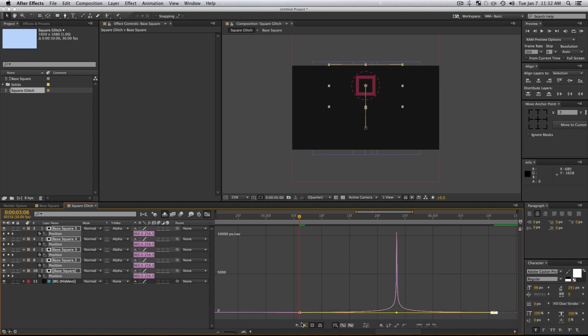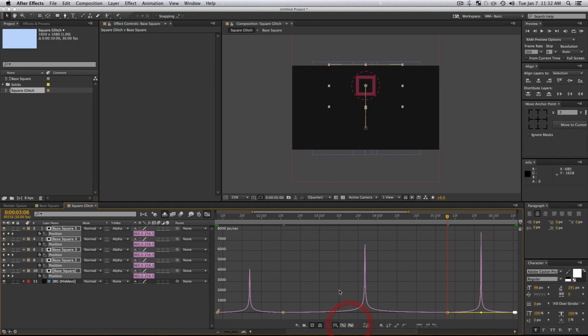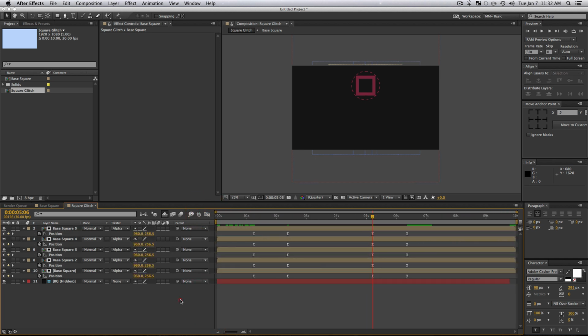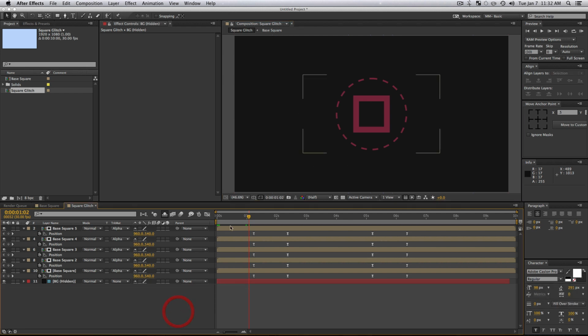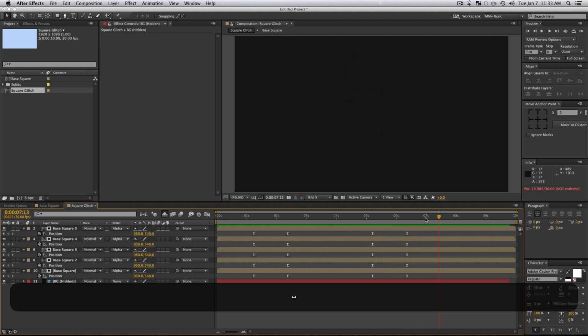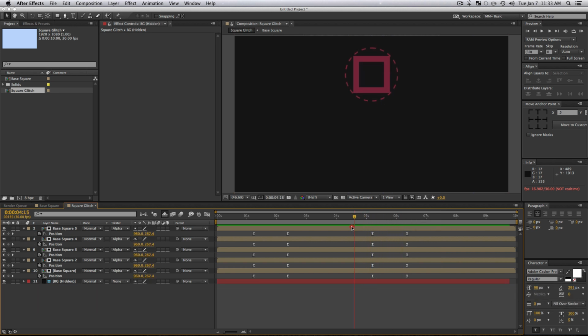So anyway, those are all set up. I have all my keyframes looking like this, like some crazy stock market crash or something. So I'll click out of my graph editor and we'll just play this real quick to see how it's looking. So far, this is looking pretty good. And cool. So now with those all set, what we're going to do,